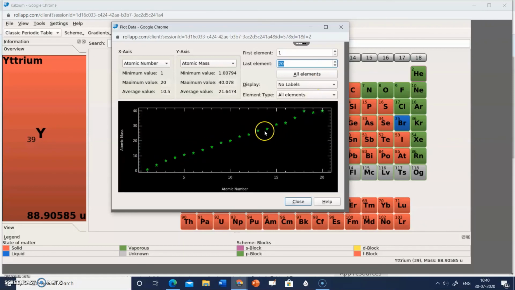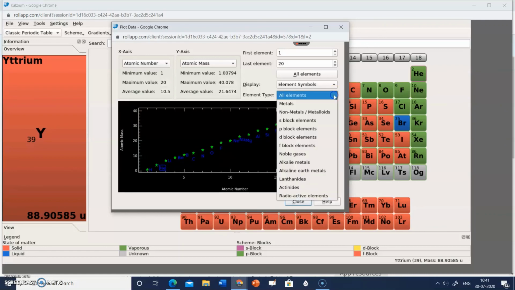And you see the graph will change according to the settings you make. And if you want to plot a graph for all the elements, click on all the elements. Then display no labels, or if you want to see the element names or element symbols, then click on that, and the element symbols will appear on the graph. Then element type: all elements you want in the graph, or you want to choose from these options, you can do that also.